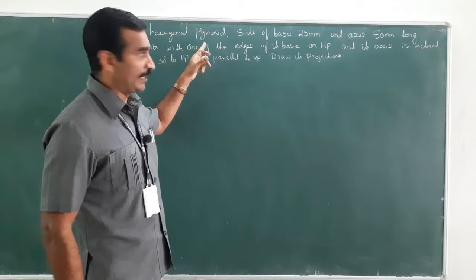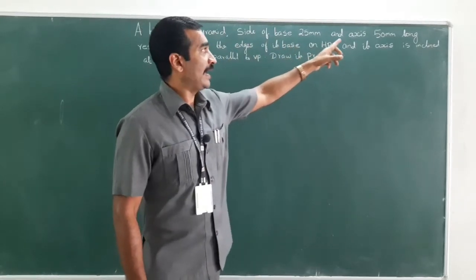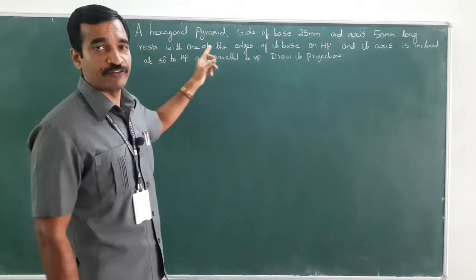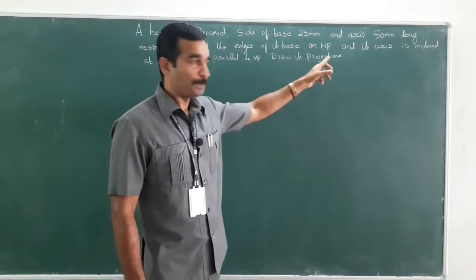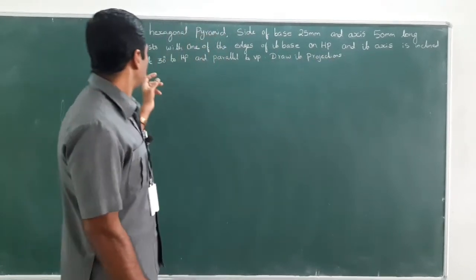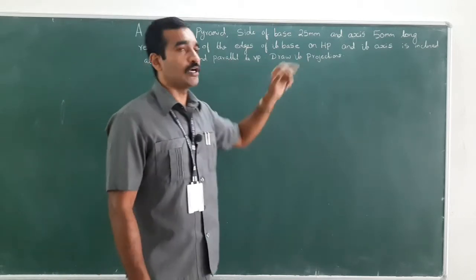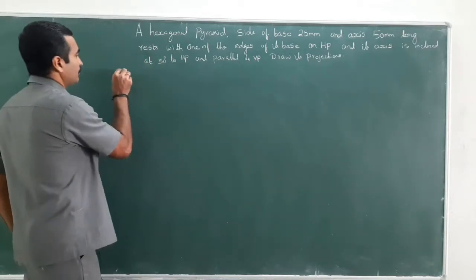A hexagonal pyramid of base side 25 mm and axis 50 mm long, which is resting with one of its edges of the base on HP, and its axis is inclined at 30 degree to HP and parallel to VP. Draw its projections. So the given data,